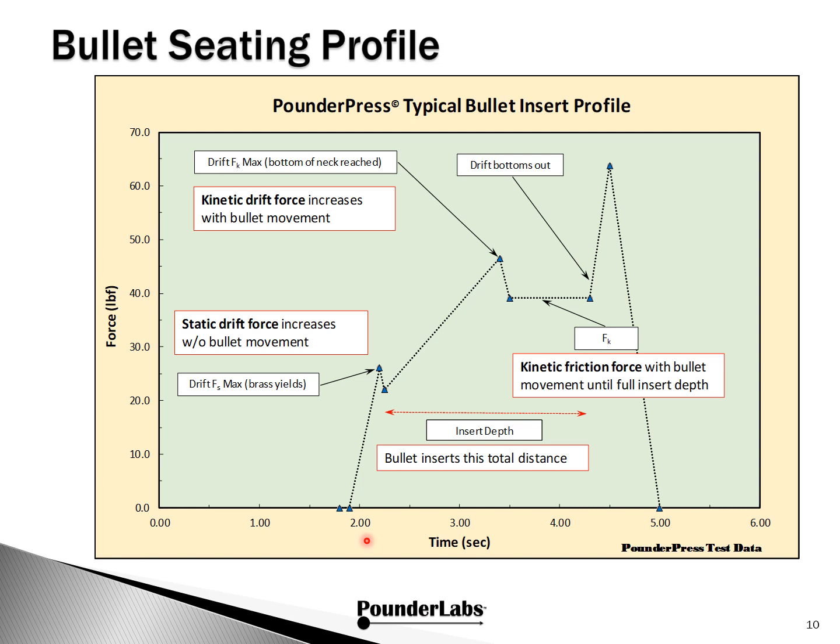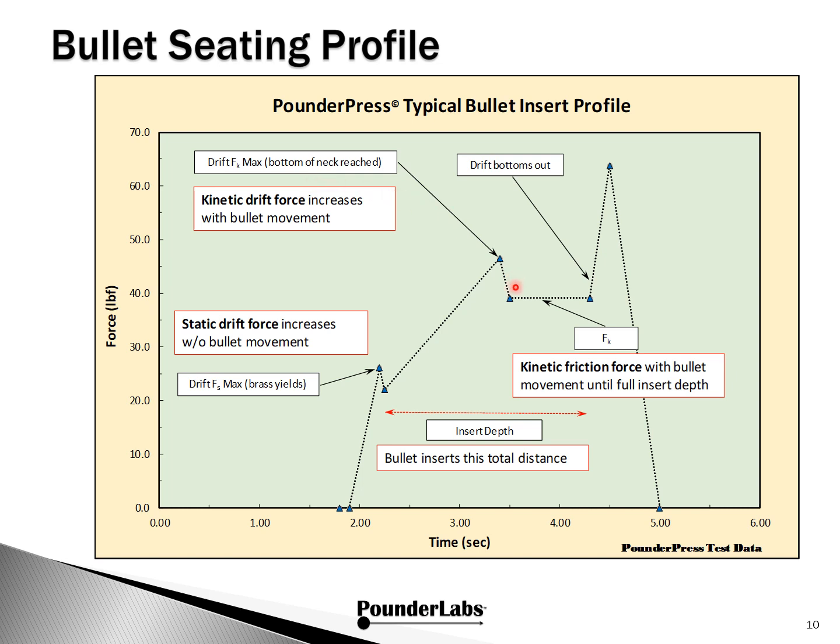This is what we call the bullet seating profile. Along this axis is time, and the y-axis is force in pounds-force. When we first start applying the force, there's no movement of the bullet into the case neck. That's what we call static drift force, and that continues to increase without bullet movement up to a point where the mouth finally yields at drift FS max. You'll see a force drop. In this section, we are now dealing with kinetic drift force, and this increases as the bullet is seated into the neck. We finally get to a point of drift FK max, where it reaches the bottom of the neck,